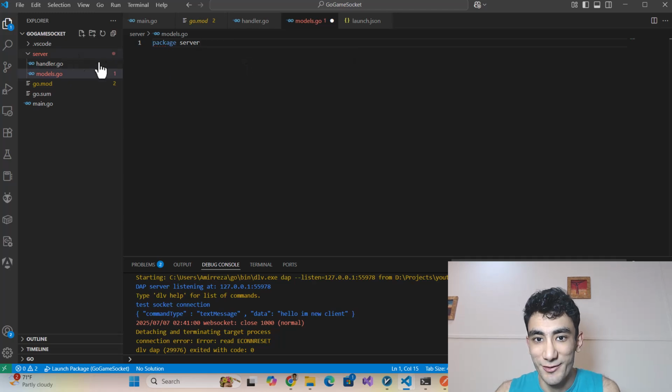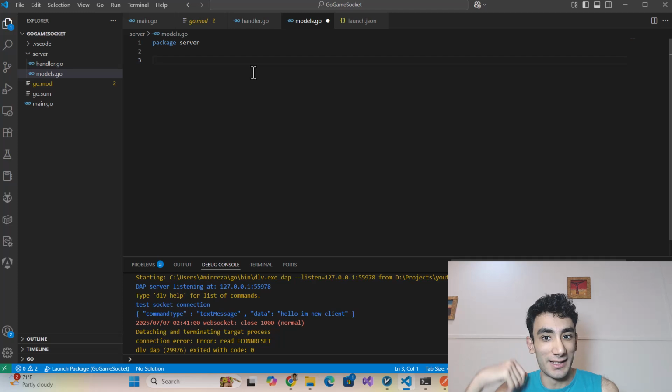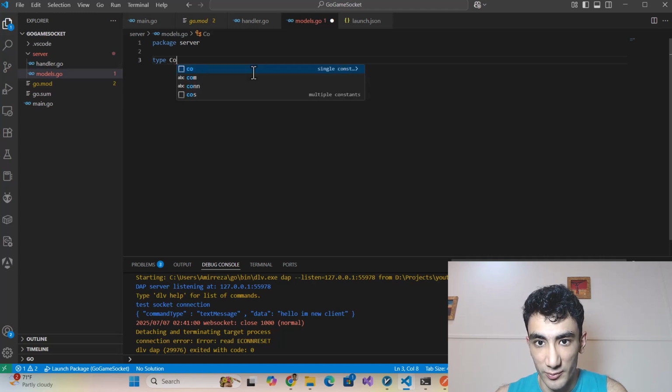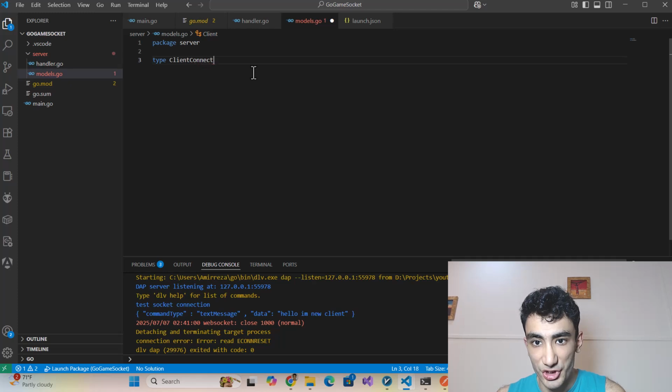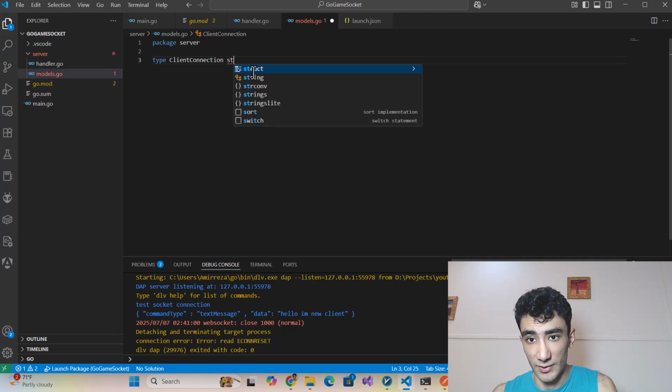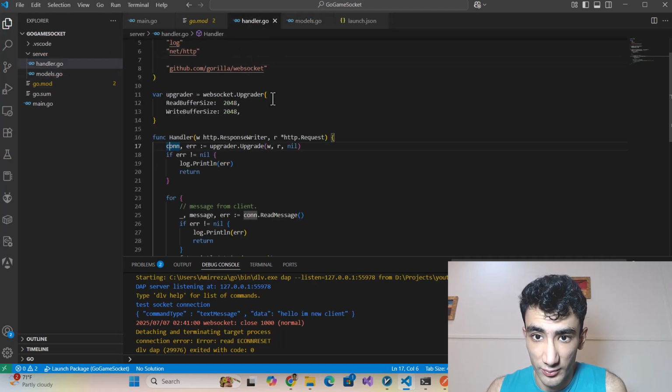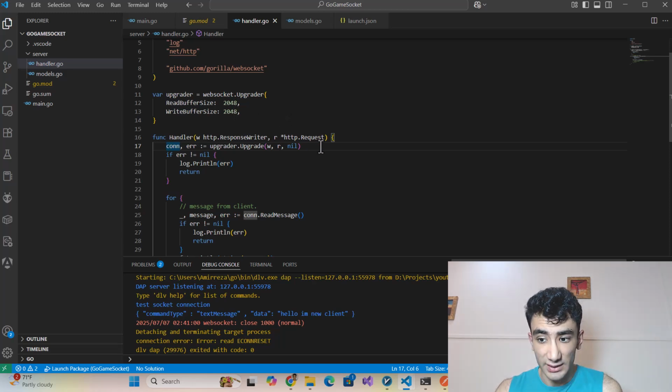I always forget the package when I work with Go. And in here I need to make a client connection. It's a struct, and inside my handler